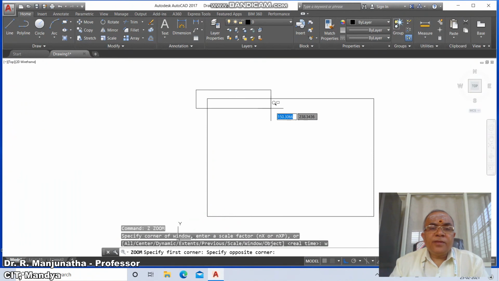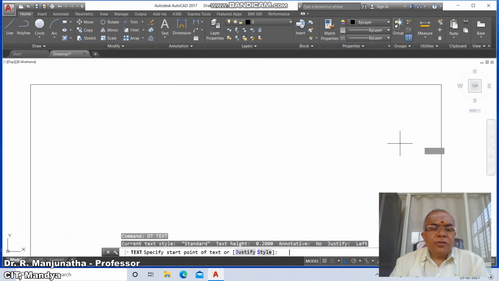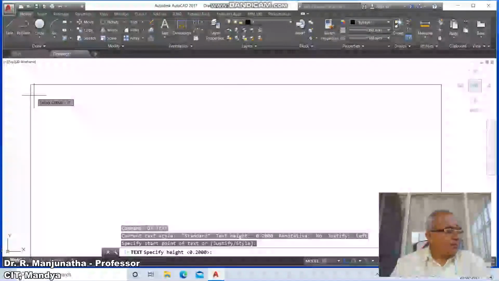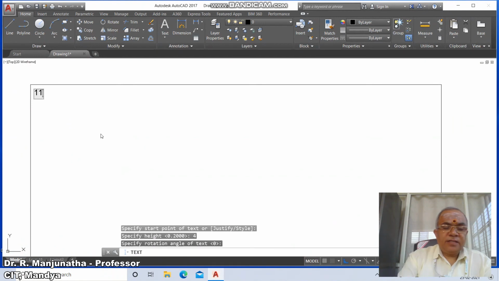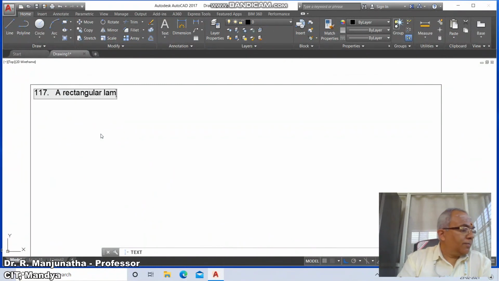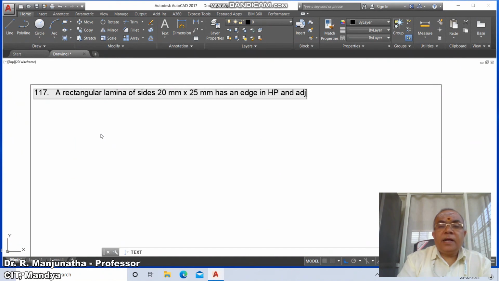Then go to zoom window, select the area you want to write, go to the text command, specify the start point, select a point at the top left corner, click, and specify the height. Take 4, the rotation angle is 0. Type the 117th problem. So here a rectangular lamina of sides 20 mm by 25 mm has an edge in HP and the adjoining edge in VP is tilted such that